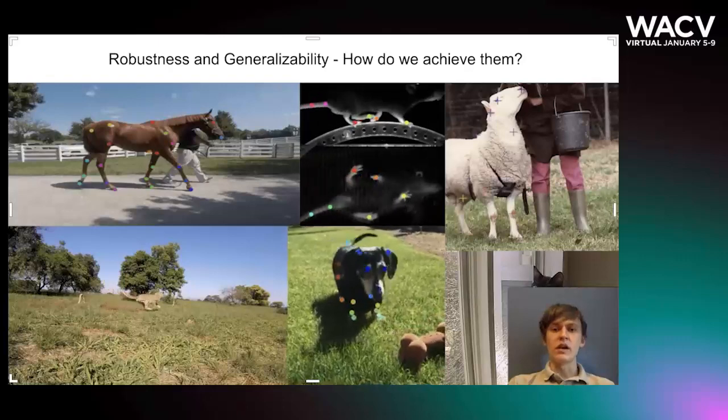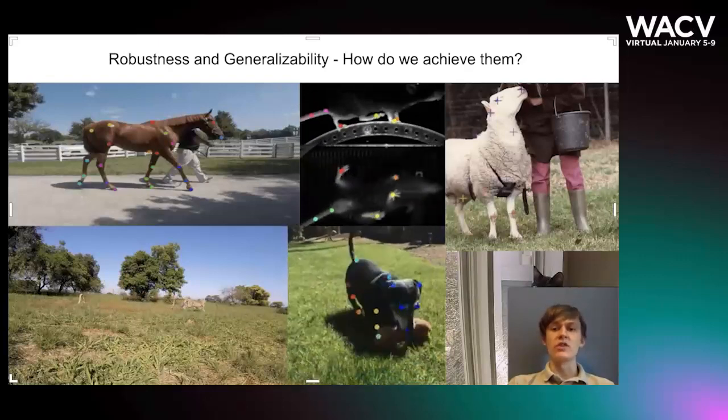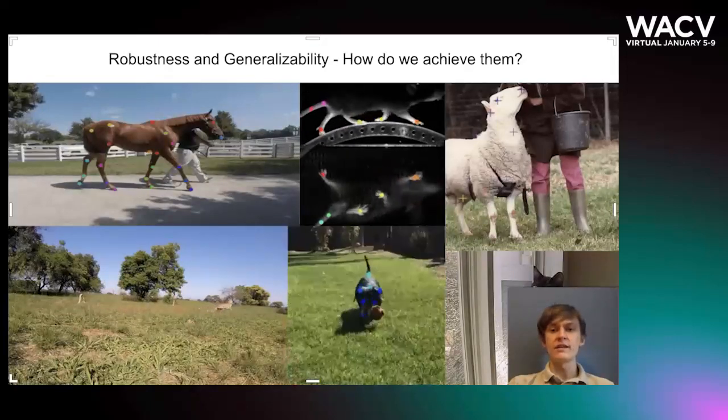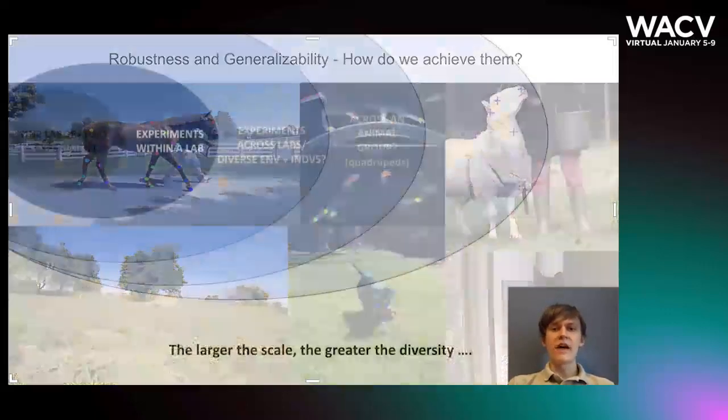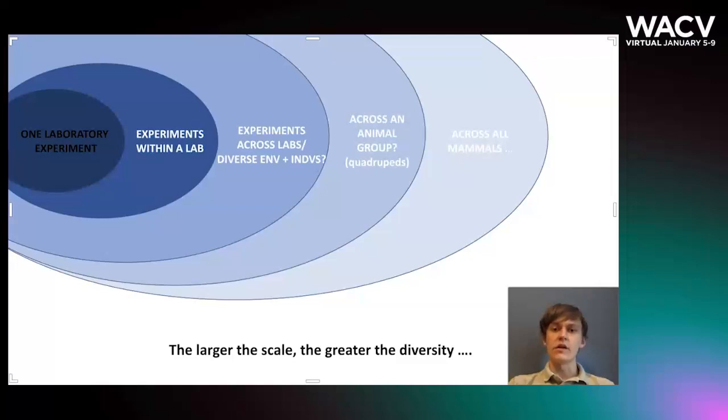In pose estimation, an ultimate goal is to produce a model that can generalize well across different identities and even across multiple species. One can evaluate robustness at a variety of scales. You can evaluate robustness across different corruptions. You can evaluate robustness across different identities and also across different species, perhaps different quadrupeds or different mammals. Of course, the broader the scale, the harder the robustness challenge becomes.